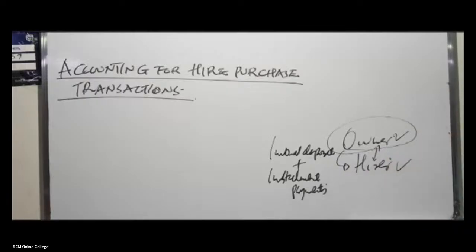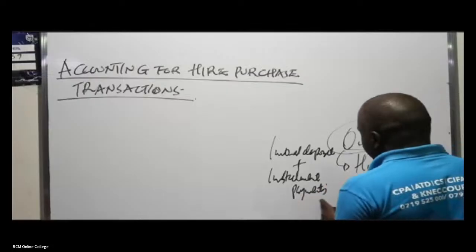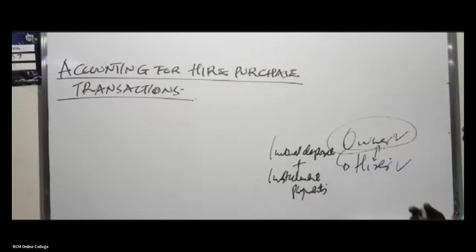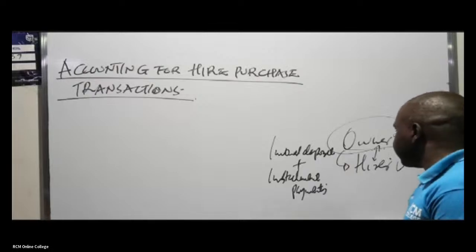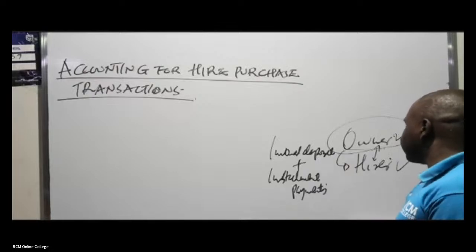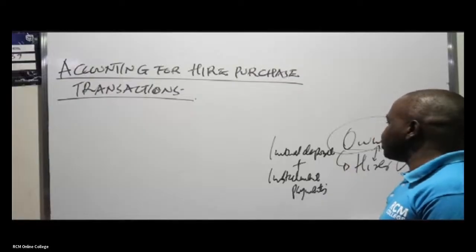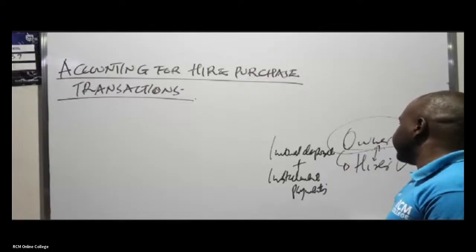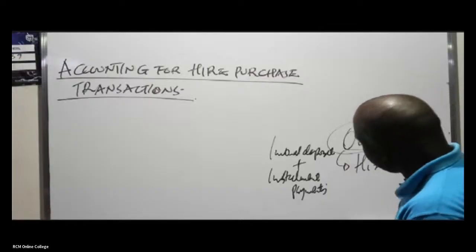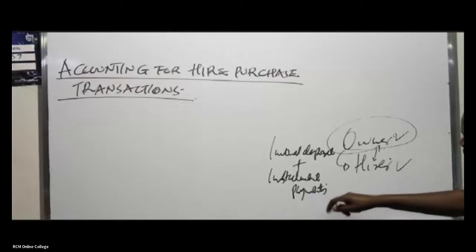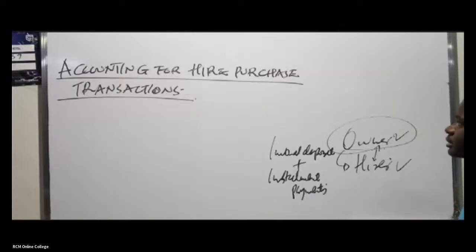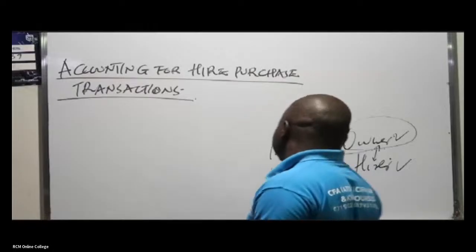But ideally, under a hire purchase contract, the owner still holds the title of ownership until the final installment has been paid by the hirer. So if at some point things go badly for the hirer, he doesn't have the cash to pay, the economy is not doing so well, and he struggles and cannot settle the installments,